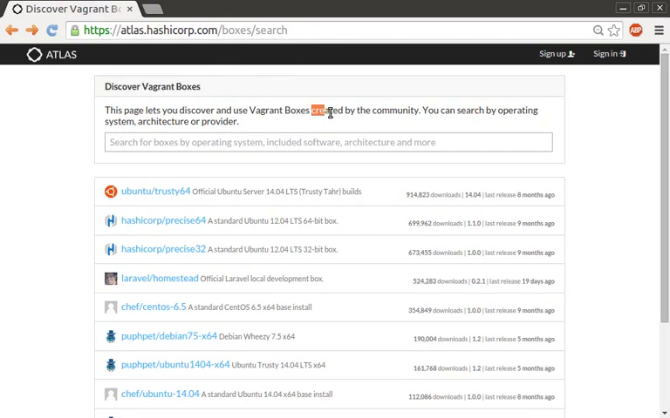Say for example that you wanted to play around with the latest CentOS. Just type in the operating system that you're looking for and hit enter. The site is run by HashiCorp, the guys behind Vagrant, Packer, and many other useful tools. I'm just going to use this